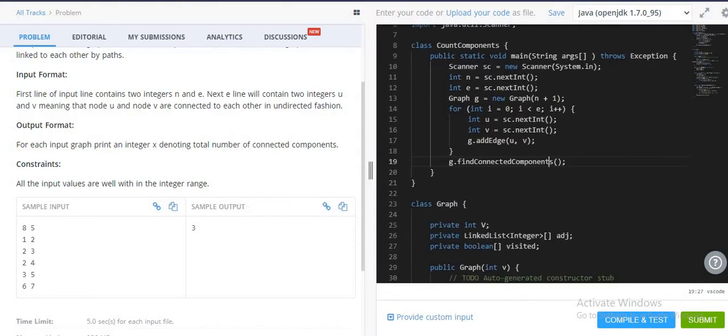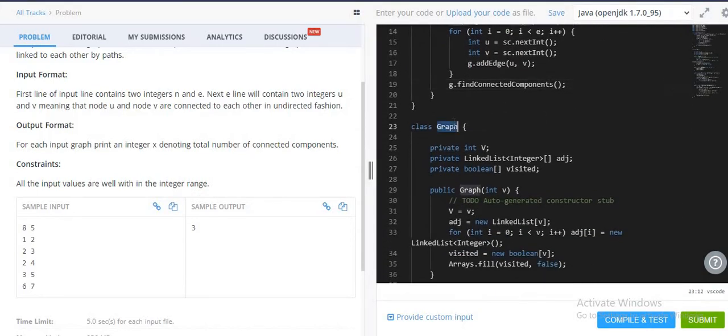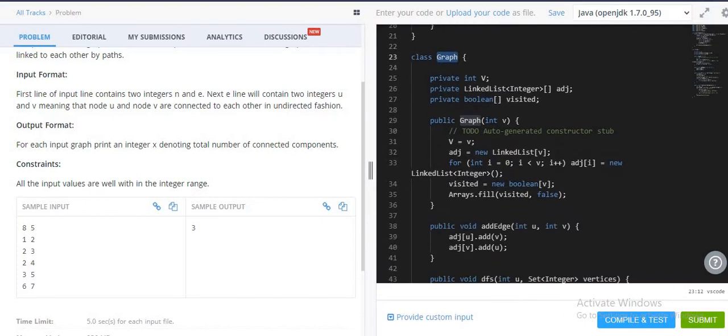Now coming to this graph class, here I'm going to solve this with the help of DFS. For DFS, this is the standard approach. Initially I have the number of vertices, then I am creating this adjacency list. If there is an edge from 1 to 2, then 1 will be the parent node and the outgoing edge will be 2. For 2, there will be a list which will have the 2 edges, like 2 to 3 and 2 to 4. So this is an adjacency array which will have the lists.